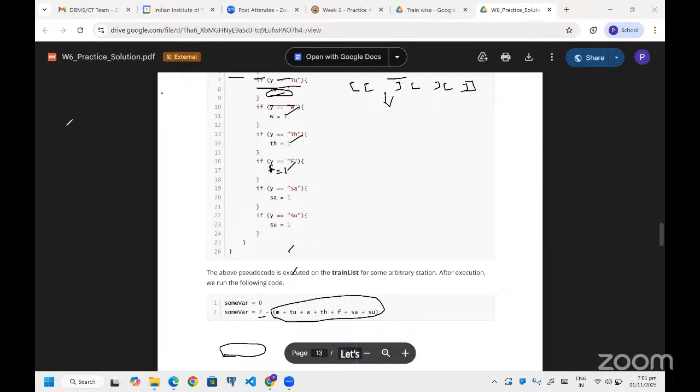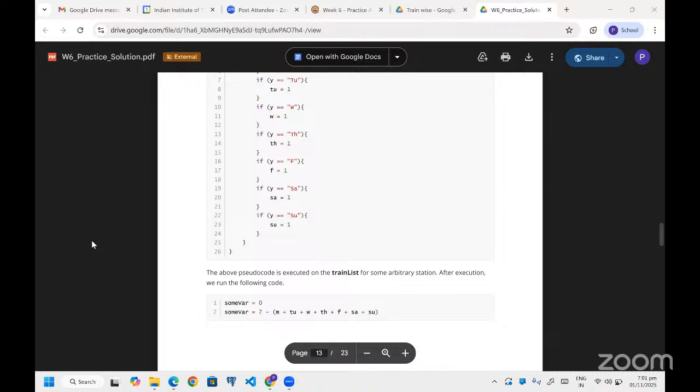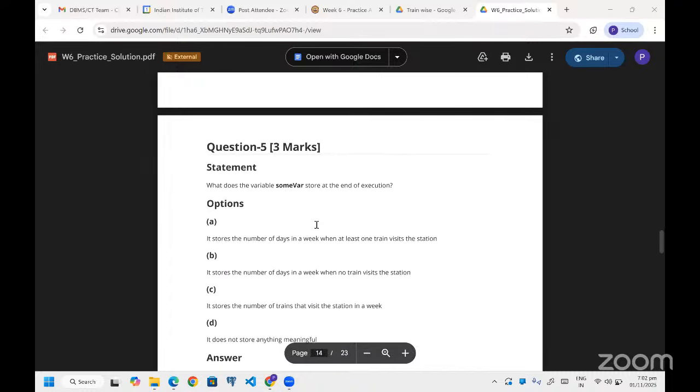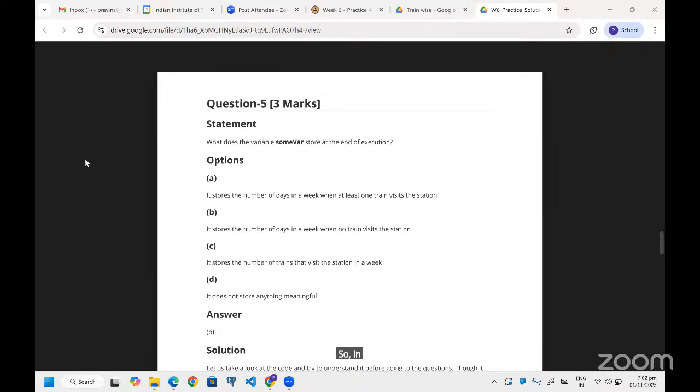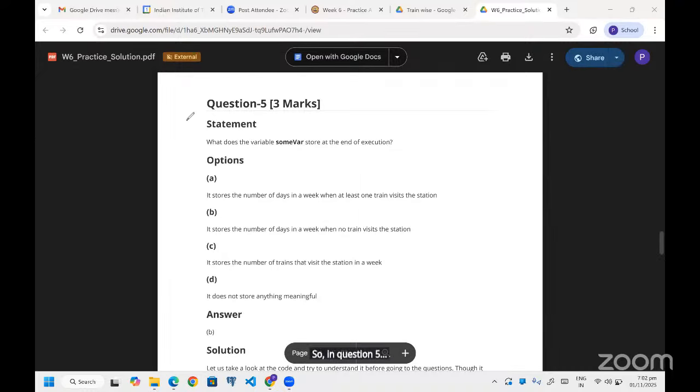Let's see what are the options and question they were asking. So in question 5, what does the variable somewhere store at the end of execution? Stores the number of days in a week when at least one train visits the station? No, right?